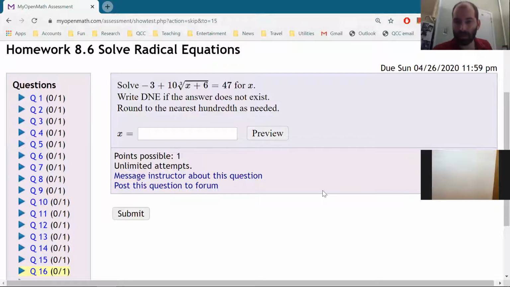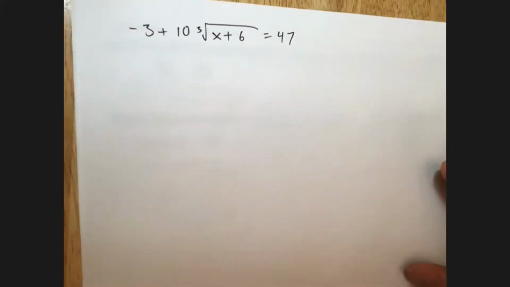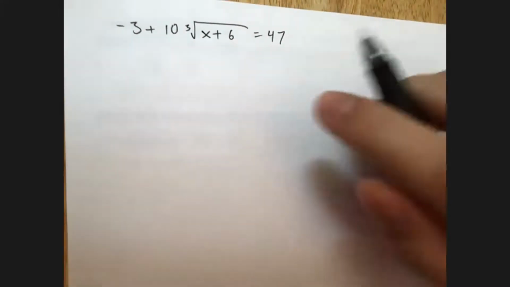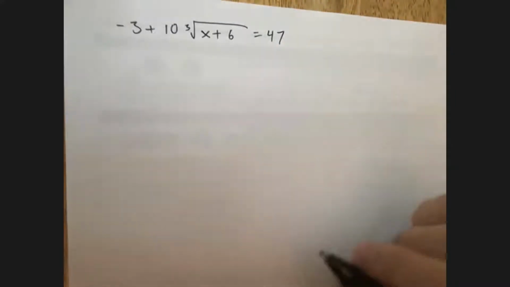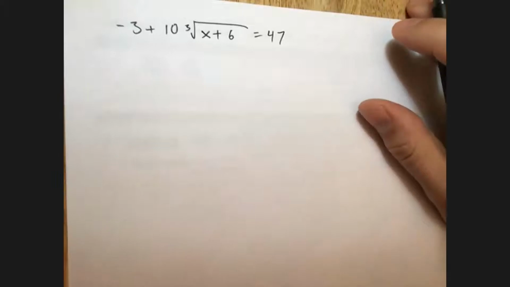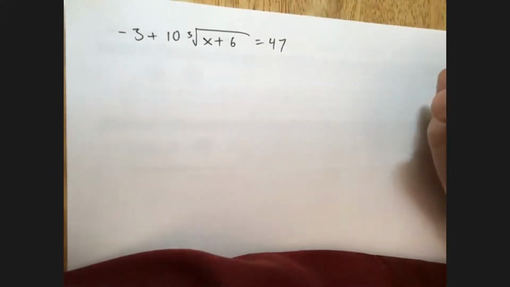Okay, so I will take this to the paper, and we'll take a look at this. Okay, so here we have it. It's a radical equation, they call this, because it has a radical, a cubed root. And we want to solve this. So the first thing you want to do when you solve radical equations is you want to,